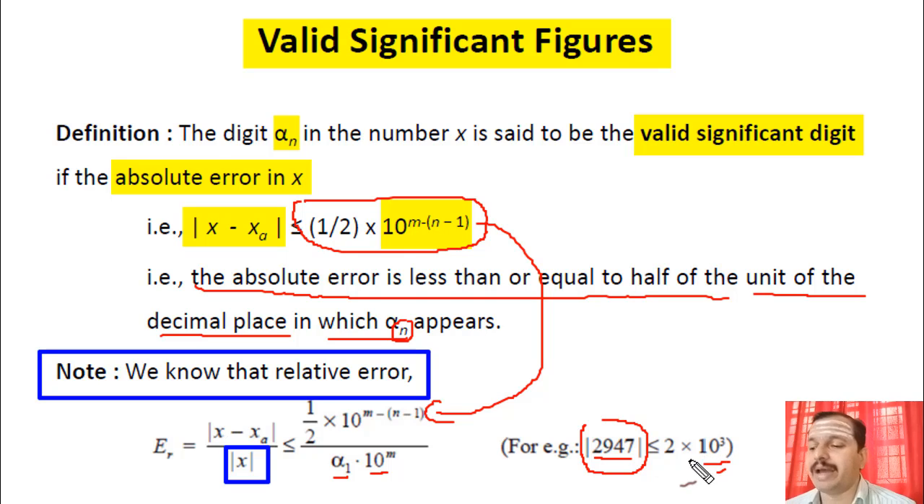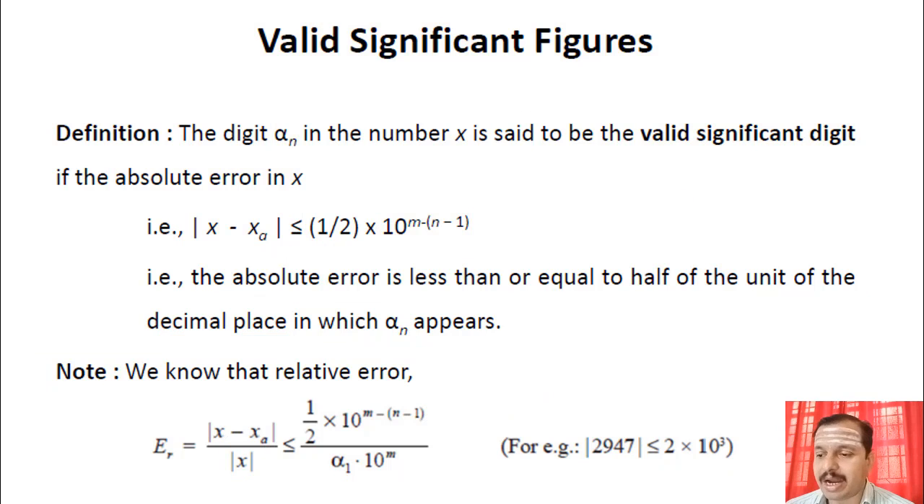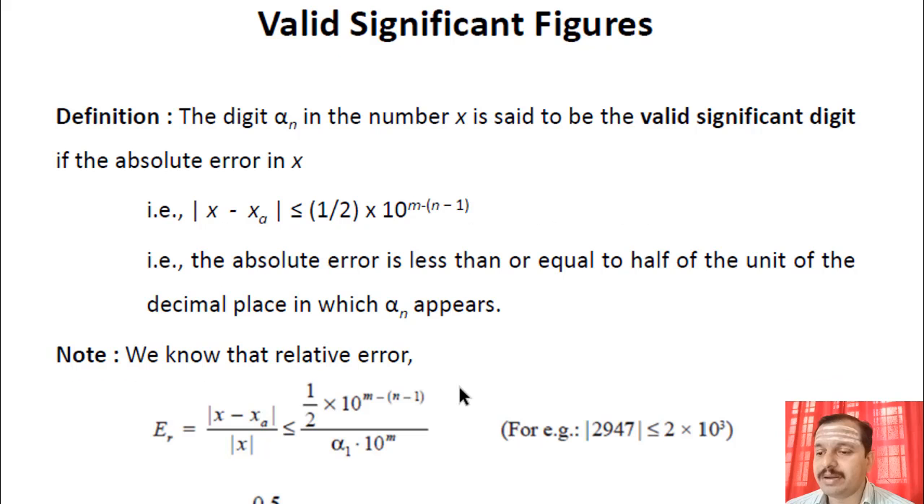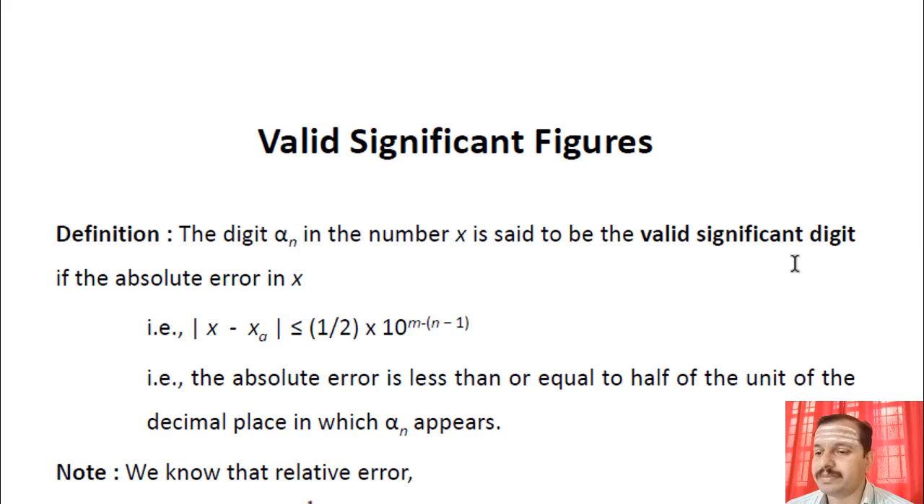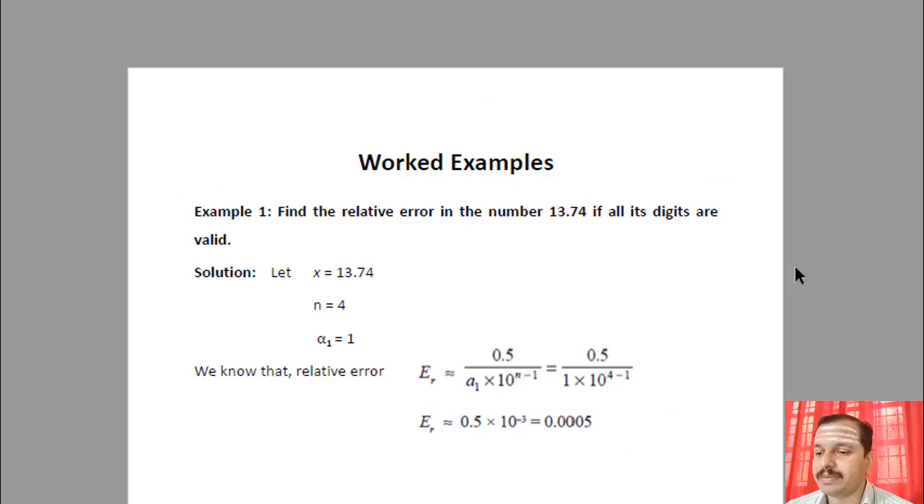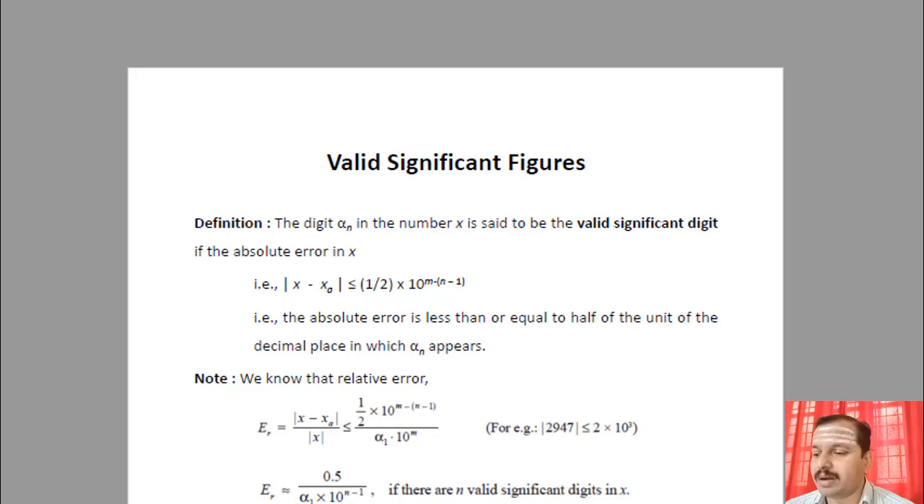That is the place value we have to consider, 2 into 10 to the power of 3. Now if we have this, the expression looks like this, and in the next step we are going to simplify this. So after simplification